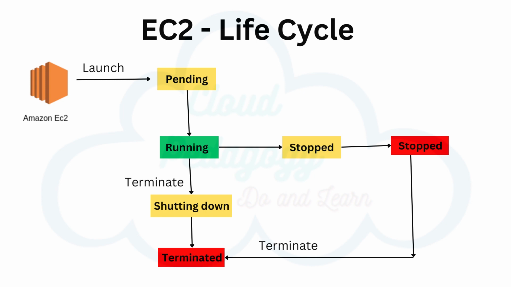Now the last option depicted here is the terminated option. When you terminate an instance, it enters the shutting-down phase and then the terminated phase. Terminating an EC2 instance is like taking your laptop out for a long boat ride on the coast and then throwing it into the ocean, getting rid of it forever. It's now lost to the great sea. There is no hope of finding your laptop in the deep blue sea, obviously, right?